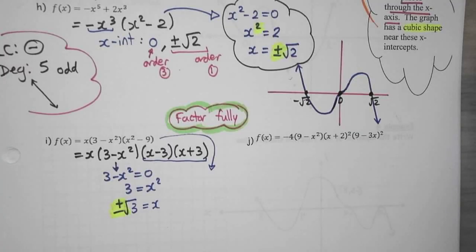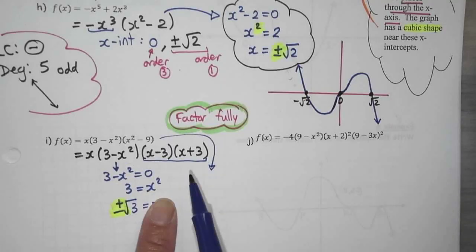You don't have to show it fully factored as long as you know that this can give you two more factors. So if you want to skip that step and go to your roots,